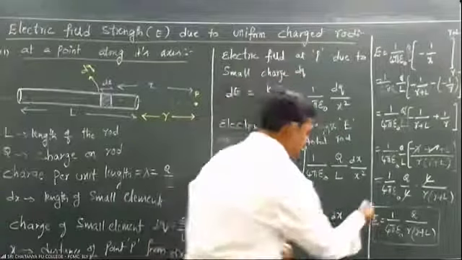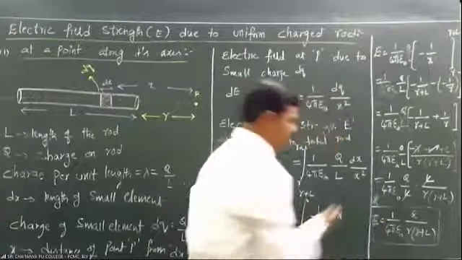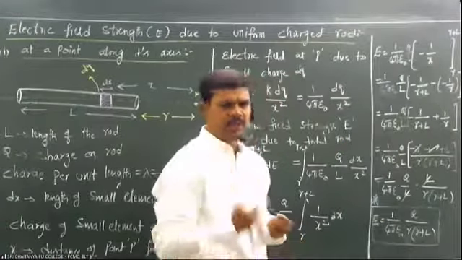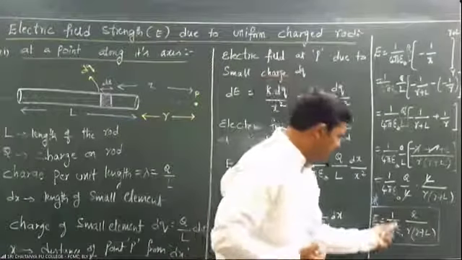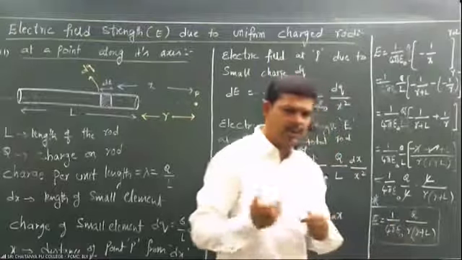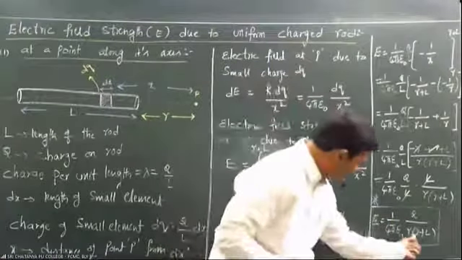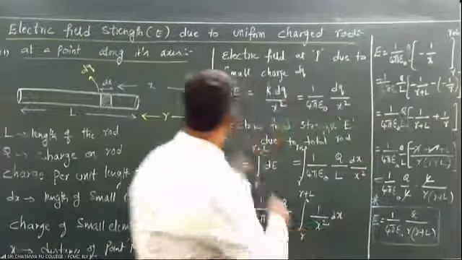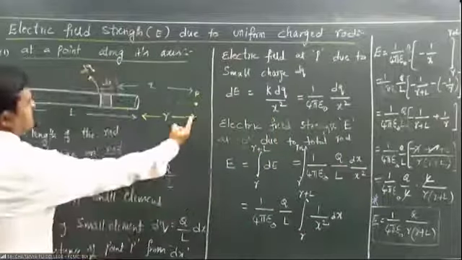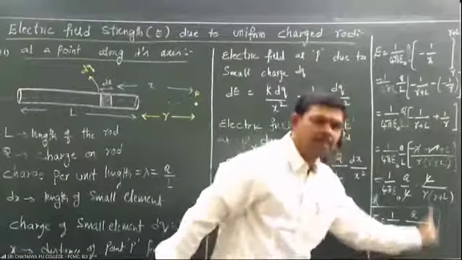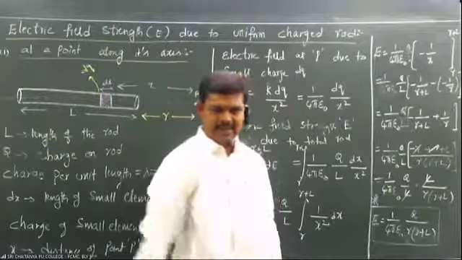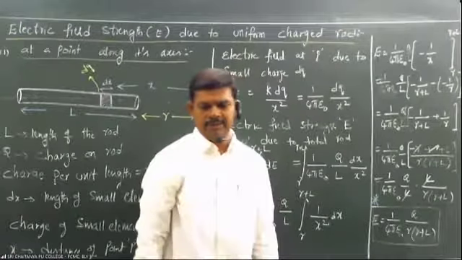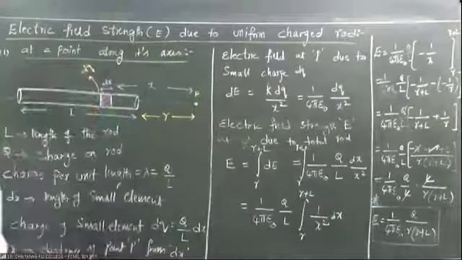See, from an entrance exam point of view, you remember this formula. There is a shortcut to remember this formula. Intensity, we know the formula 1 by 4 pi epsilon naught q by r square. But see here, instead of r square, this distance into this distance, R into R plus L. Like that, you can remember it as a shortcut in the entrance exam. Right? Come on, take a screenshot or note it down.